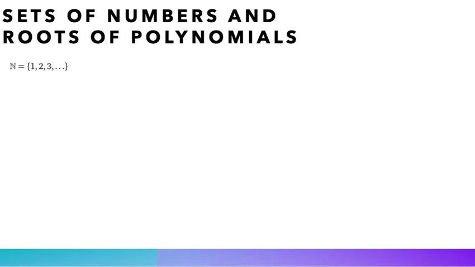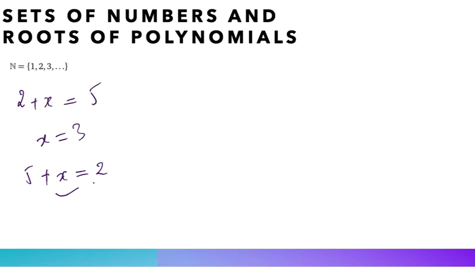It is natural for us to work with this set of numbers as we need to count things on a daily basis. However, we run into problems as soon as we try to solve the simplest linear polynomial equations using only natural numbers. As an example, the equation 2 plus x equals 5 has a solution in the natural numbers, namely x equals 3. But the similar equation 5 plus x equals 2 fails to have a solution in the set of natural numbers, because if you add a natural number to 5, the result is always greater than 5